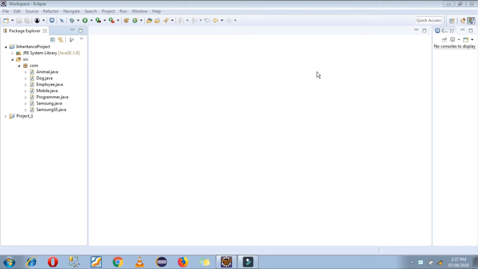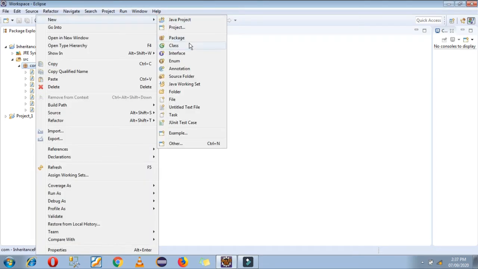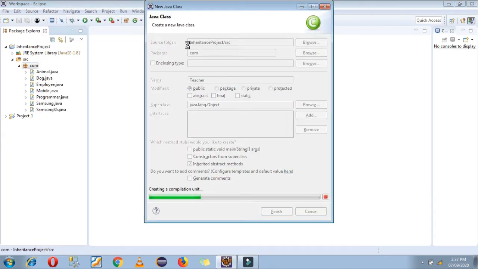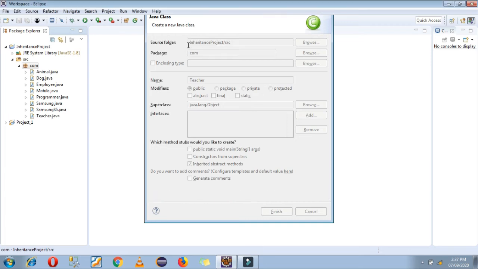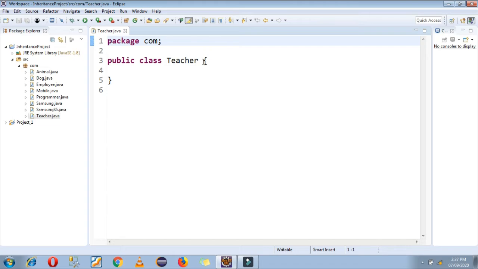So here I am going to create one class, a teacher class. The teacher class consists of some properties. In this teacher class I am going to create some functions. The first function is, suppose, programming.